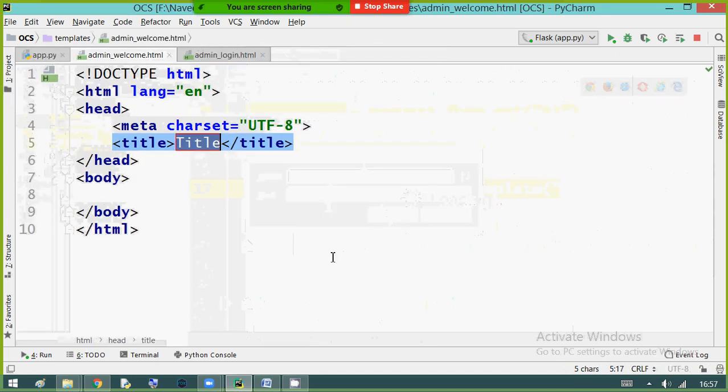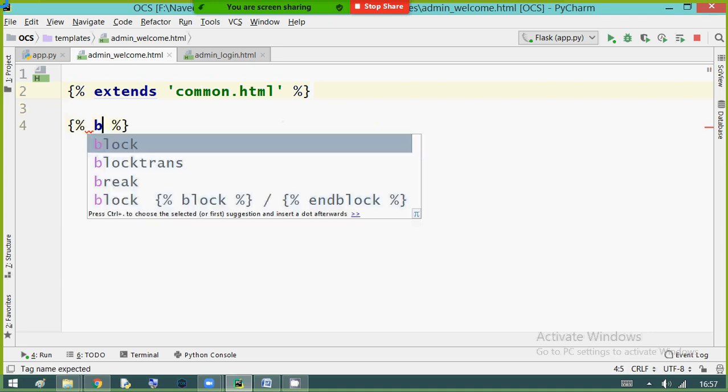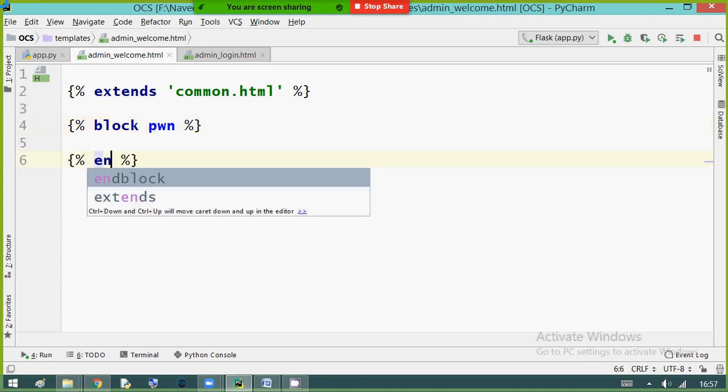No need to write all the different code here. Simply we'll use HTML inheritance, extending the common.html, and we are going to use the block, that is the body. Open and close the block, end block.